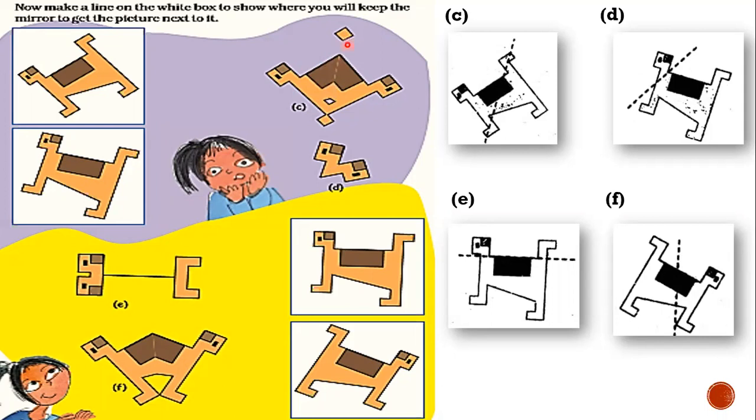For taking the left side, you have to divide this figure exactly into two identical parts. In that, the left side will be matching with this part of the figure. For getting such a mirror reflection, we have to keep the mirror along this line, and I have given the answer alongside. See here. This way, if we keep the mirror, we are going to get such a mirror reflection or mirror half.